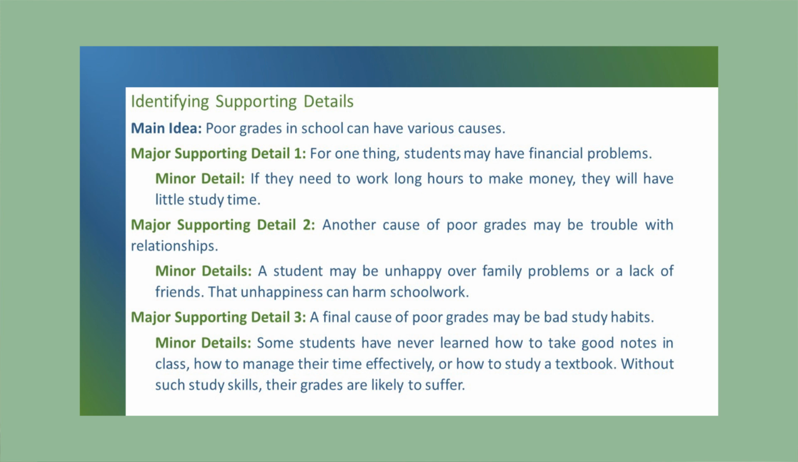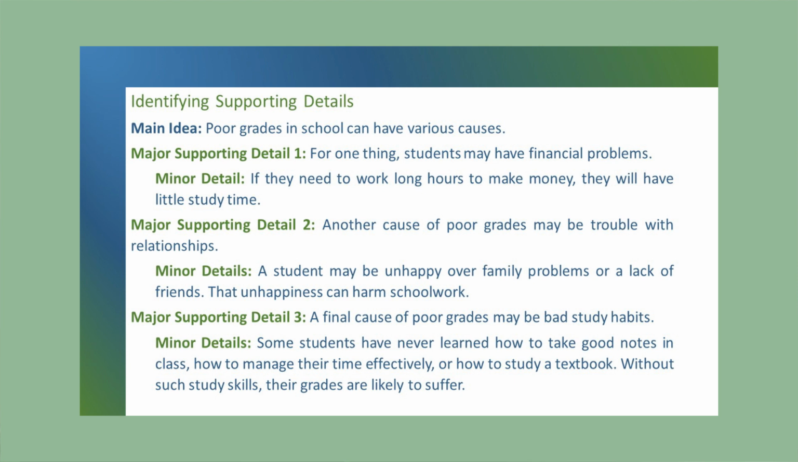So going back to major supporting detail number 2. Another cause of poor grades may be trouble with relationships. Okay, so far I have financial problems and trouble with relationships. Those are 2 causes so far in this paragraph for poor grades. What about the sentence, a student may be unhappy over family problems or a lack of friends? That unhappiness can